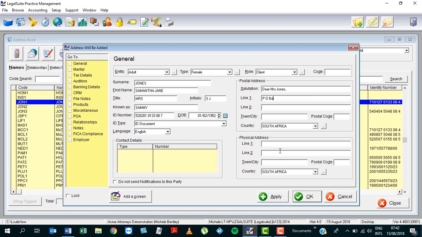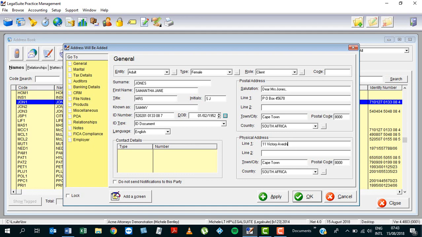Right, so let's pop in our PO box number. Now, if there are blank lines in the address, when you merge any documents that bring this information in, the program will see, oh, there's a blank line, and simply push up the text so that it is seamless and line by line. Okay, to the physical address, let's pop in